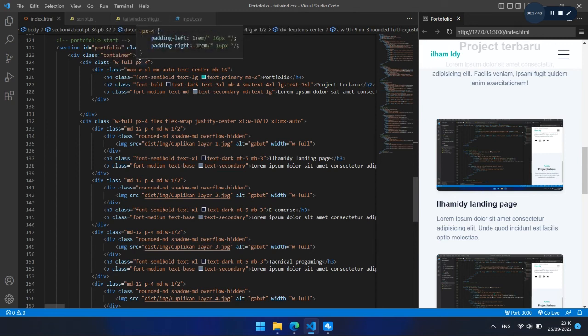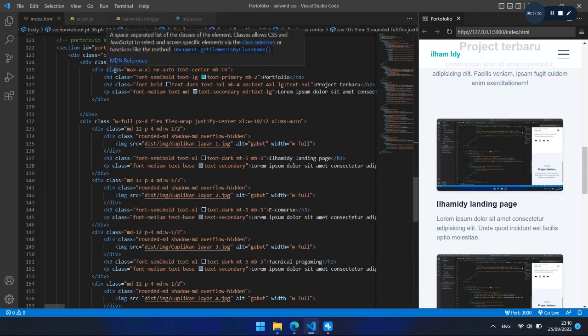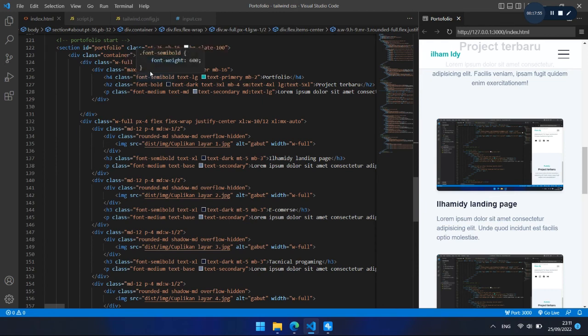padding y, padding left and padding right is 4 or 16 px, and we give the div with class max width is xl, margin x, margin left and margin right is auto, with text center with margin bottom is 16 or 64 px,